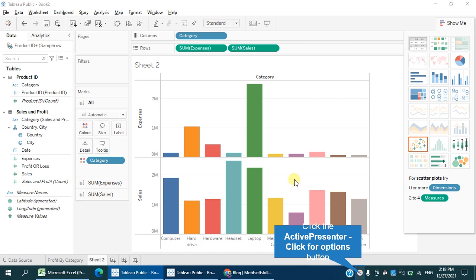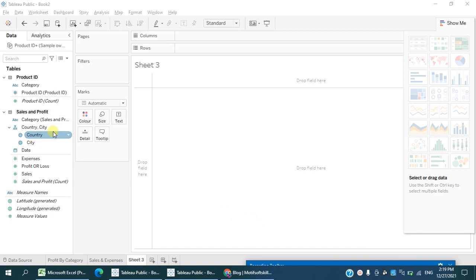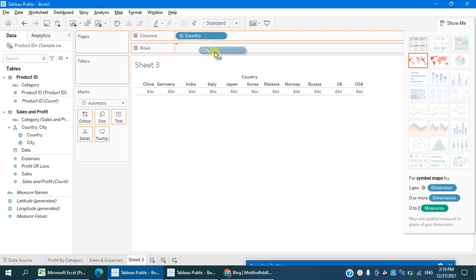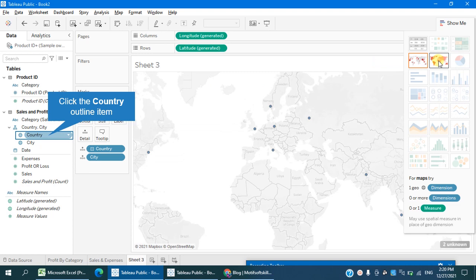So we can create a comparison of sales and expenses in a single window also. This way we can create a comparison chart. Now I am going to show you a map type of